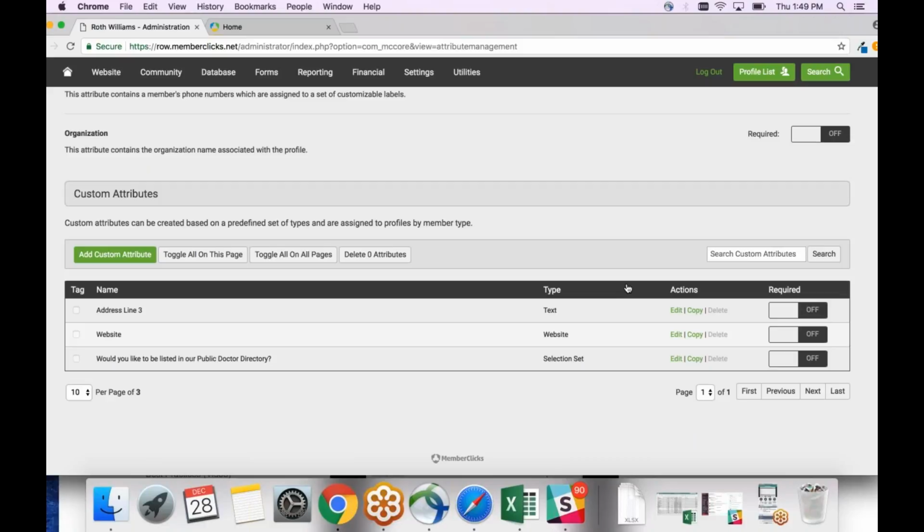Yeah, great question. Anytime you need to add a new custom attribute, my recommendation would be to just copy an existing one. The reason why is because you know how we can apply custom attributes to each member type? Correct. In the member type settings. If we use this green button up here, add custom attribute, we would then have to go back and apply that attribute to all of your member types. Whereas if we copy an existing one, it'll copy the settings as well. So with address line 3, we know that it applies to individual, student, and retired, all 3 of your member types. So if we copied this,